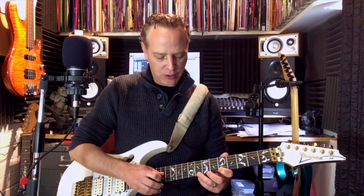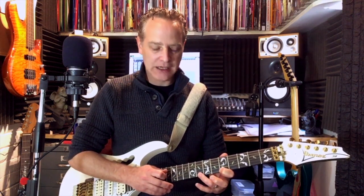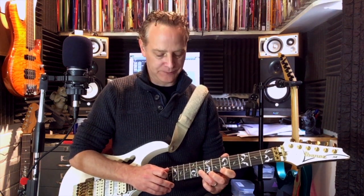Lesson number 3. Okay, so what about if we're moving between strings? Well, this is one of the ways we do it. I'm going to start with our tap again, 12, 8, 5, and then come back up again. So I'm going to go 1, 2. Now, instead of coming back to the 8 on the E string, I'm going to hammer the 8 on the B string. This is a hammer-on from nowhere, so I'm just going to go straight onto it. All right, so we get...